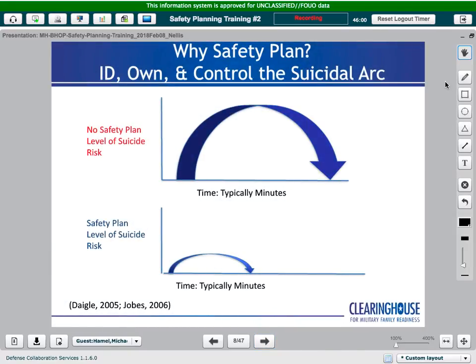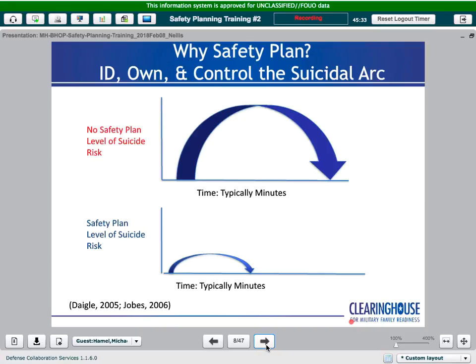So this slide demonstrates a little bit about what Mike just said, and that is, for most people who are in a suicidal crisis, the crisis is going to last 4 minutes. As Mike said, about a third will be less than an hour, but for some it's significantly less, 5 minutes, 10 minutes, 15 minutes. The idea is whatever a person's suicidal crisis timeline and intensity looks like, as you see